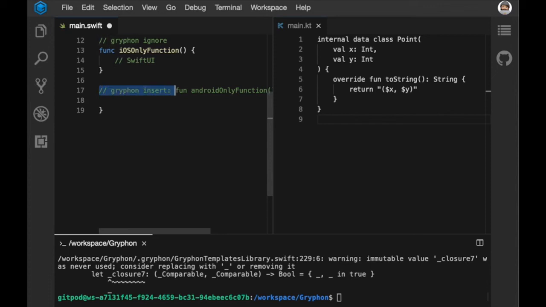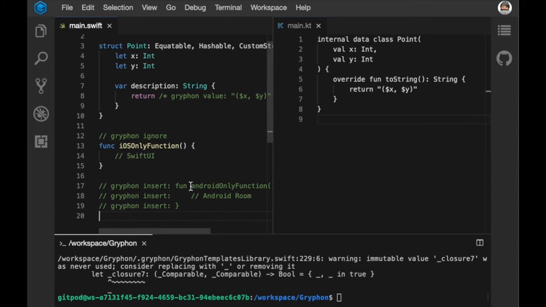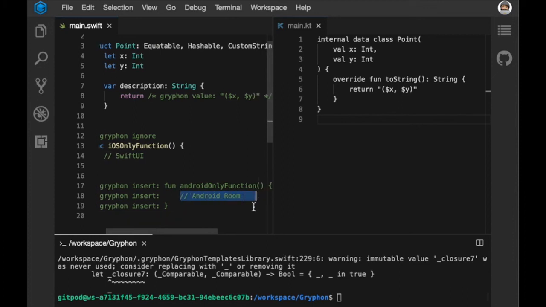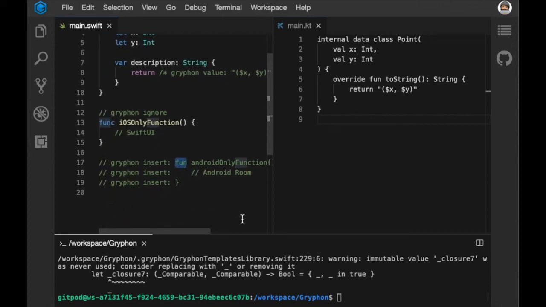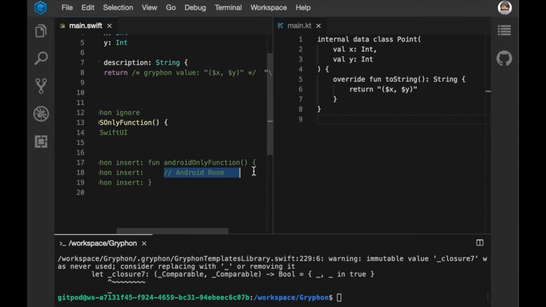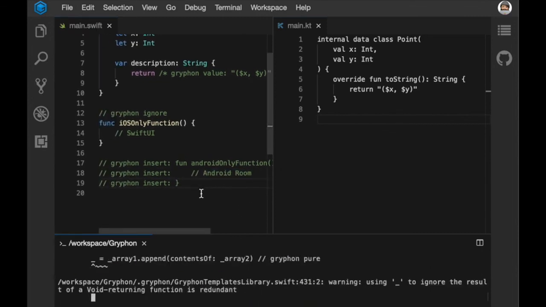And I wanted to use, I don't know, Android Room code or whatever, any Android code and any Android only code. And this should only be valid Kotlin code. Gryphon doesn't even look at it. So we're using fun because it's a Kotlin function, and we could do whatever we want in here. This doesn't have to be anything with Swift. And when we try to translate it,